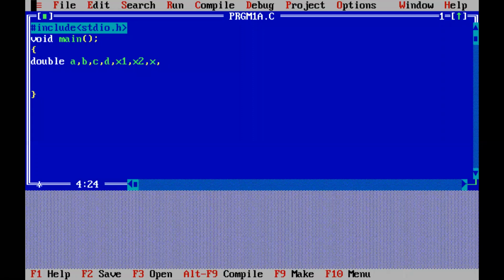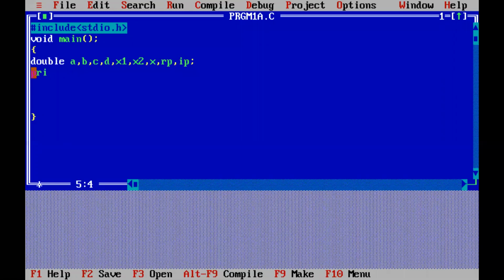So in order to calculate the real part and imaginary part, you will be using two variables. So these are the variables which we will be using in order to get the values of the coefficients of the quadratic equation, d is the discriminant, x1 and x2 are the root values, and the real part and imaginary part. If you want, you can use for the second case a variable called x, because we have only one root. Now, what should be the next thing?